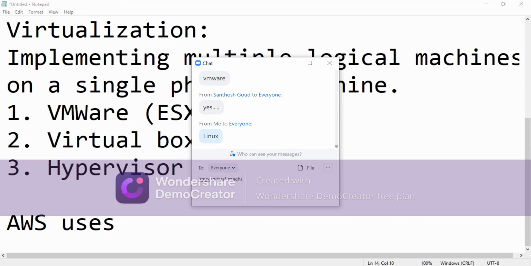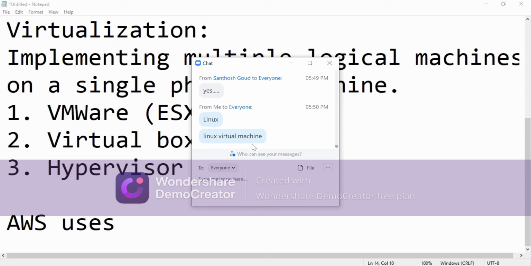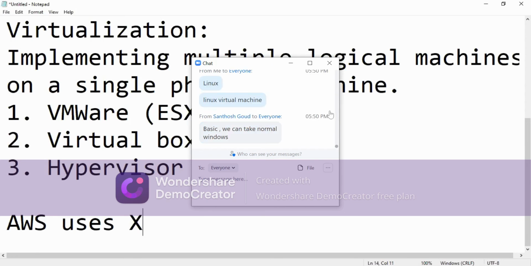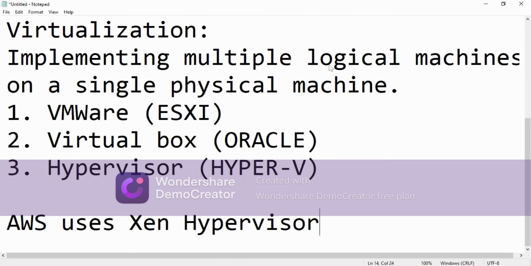So AWS is a platform which can be run on both things. But as of now, AWS uses the Xen hypervisor.